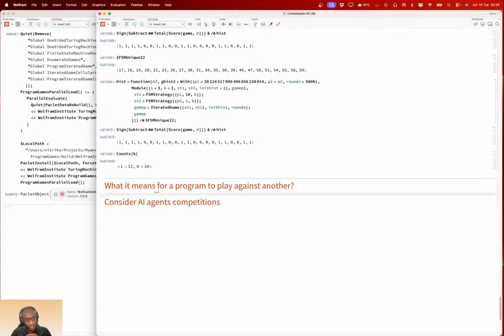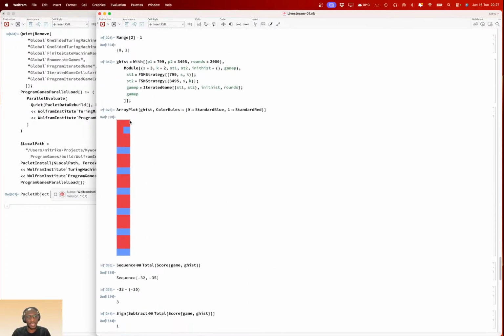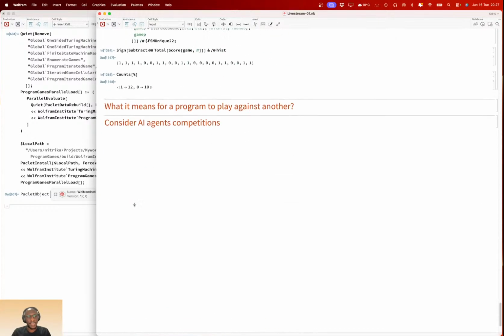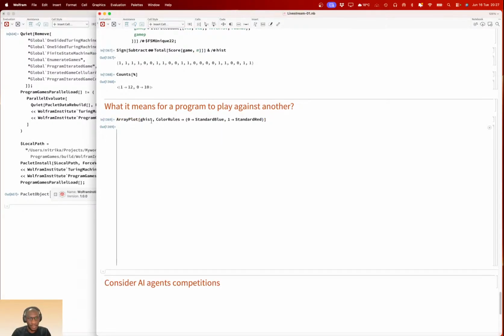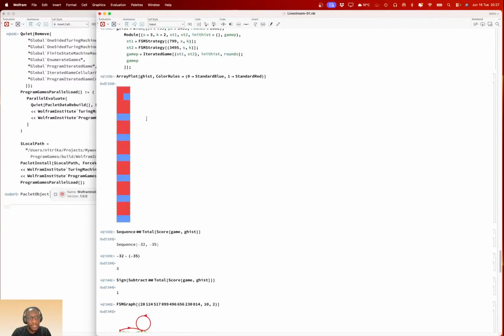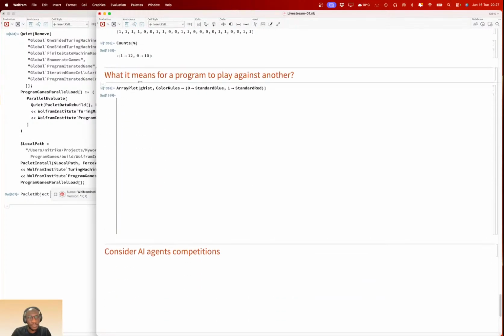What will be your next strategy after you've seen what the opponent has done? And we have seen this from our exploration here. Let's just keep this here.